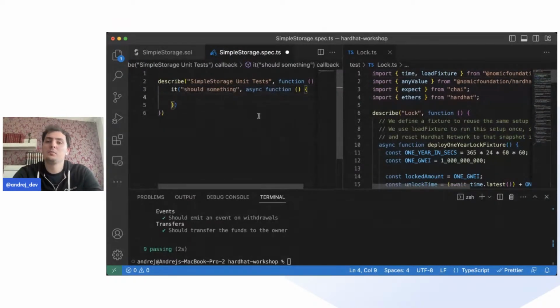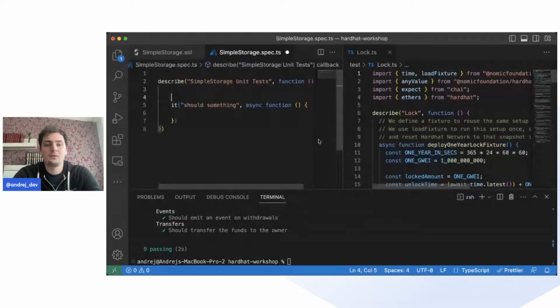So what I can do, I can deploy this smart contract. I can deploy to a local Hardhat network. I can call functions of this smart contract. I can assert some things, etc., etc. Because of performance reasons, there is something called fixtures. So fixtures